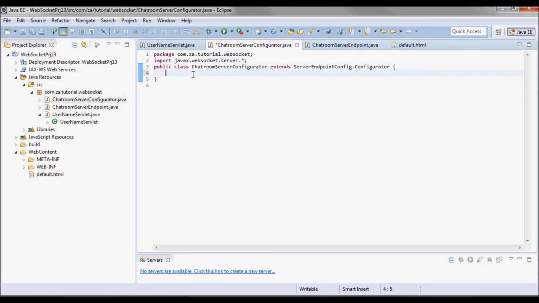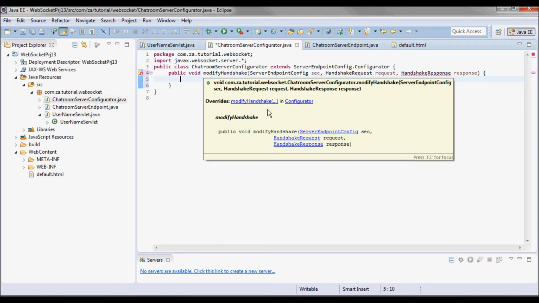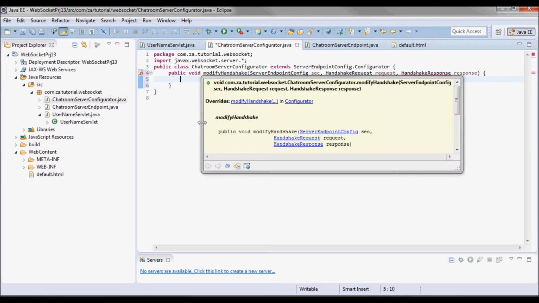And here I will be overriding this modifyHandshake method that is called by the container after it has formulated a handshake response.